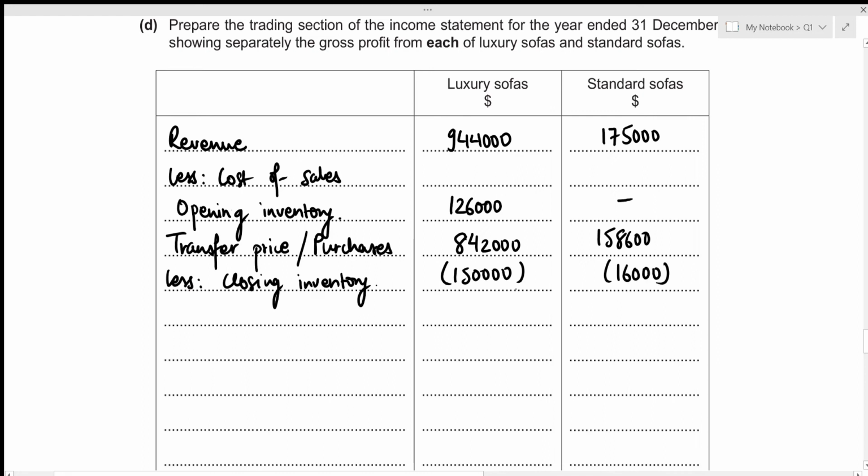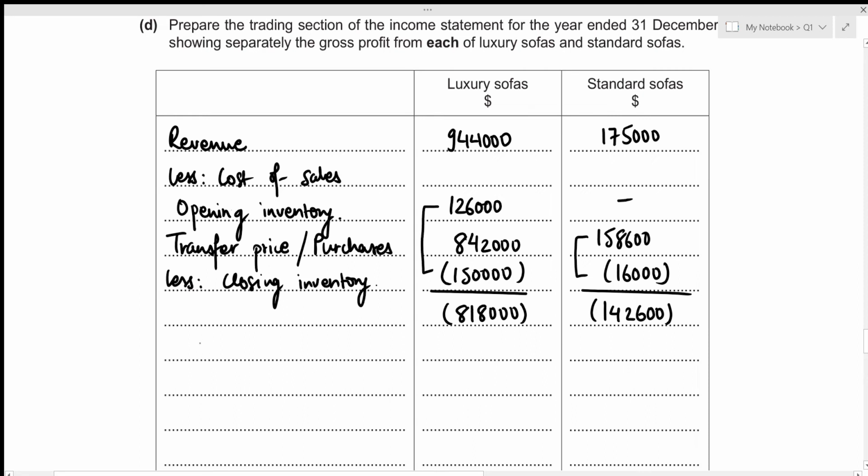So now we will figure out our total cost of sales, which is the sum of these three amounts for luxury sofas. So that's 126,000 plus 842,000 minus 150,000, which results in 818,000. And since we are to subtract the cost of sales, I'm going to record it in a bracket again. Now we repeat the same process for standard sofas. The total of the cost of sales is going to be the sum of these two amounts. So that's 158,600 minus 16,000, which results in 142,600. Again, this should be in a bracket because we need to subtract it from the revenue